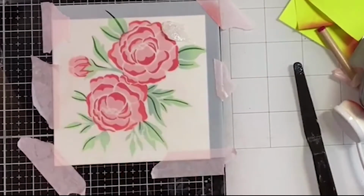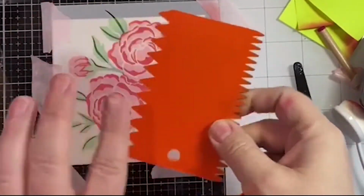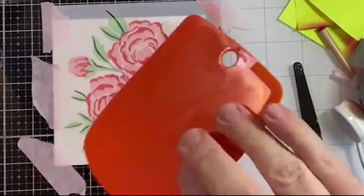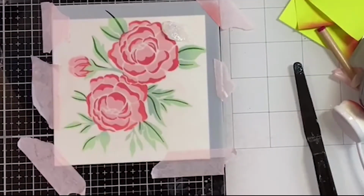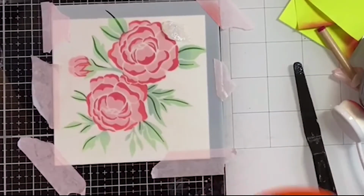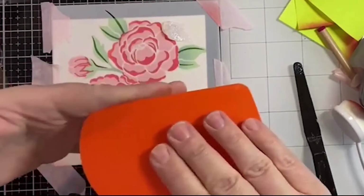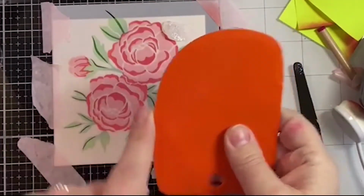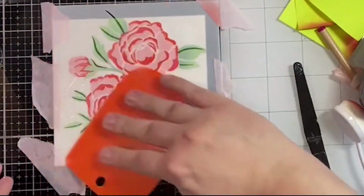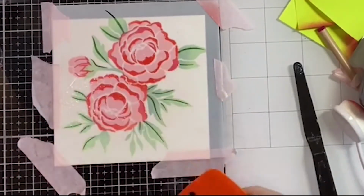So this is the medium mover. It comes in a pack of 3. Let me see if I've got all 3 handy. I'll just show you. I don't have the 3rd one with me right now. But you can see this is if you want to move your medium around and make waves and cool patterns in it. This one's just more of a spatula. This is the one that we're going to use right now. The other one I think is kind of square if I remember right. I actually like the straight edge better. It's probably meant for this, but this works best for me. So this just makes it smooth as can be to add your